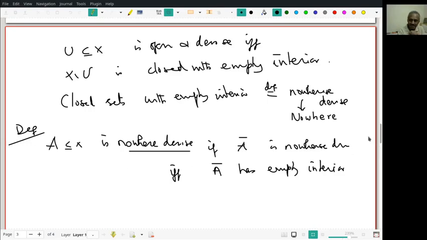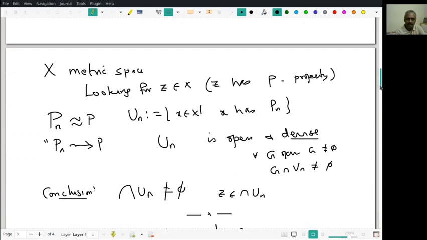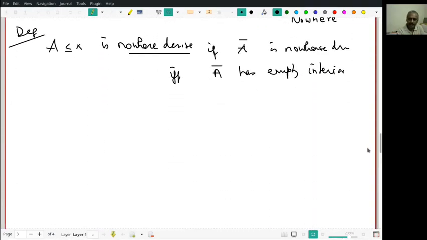It's not just thrust upon you. There was a reason why we started; when we went through, we arrived at this definition. Is that clear? Now let's look at a very typical example of a nowhere dense set, because students have problems with "A closure has empty interior." There is an equivalent definition which you can find in all four of my books which I mentioned earlier, which is intuitively very appealing. I will explain that concept.